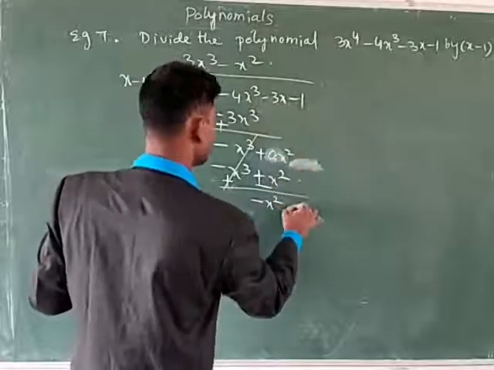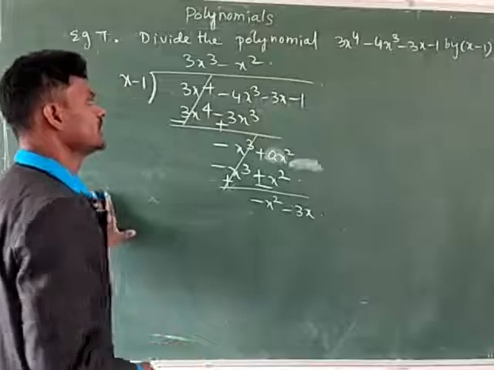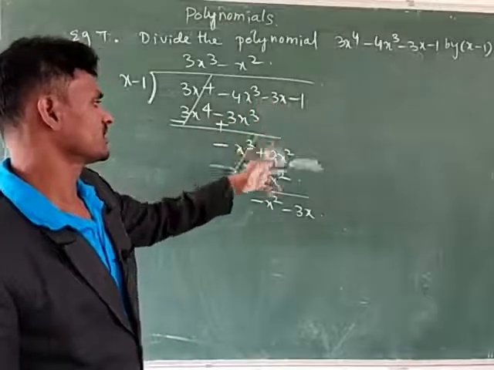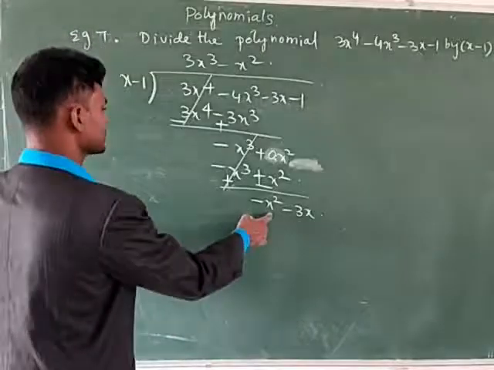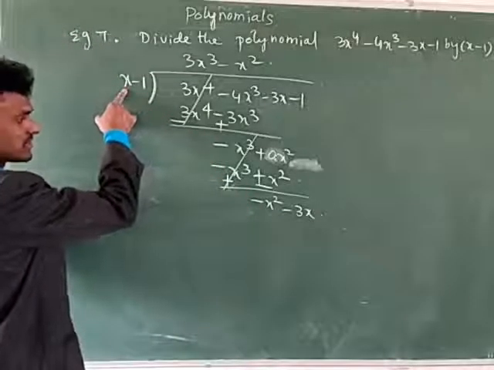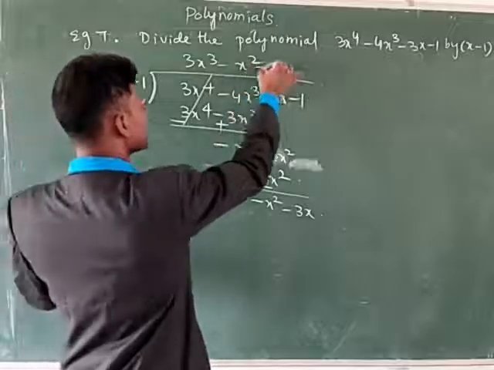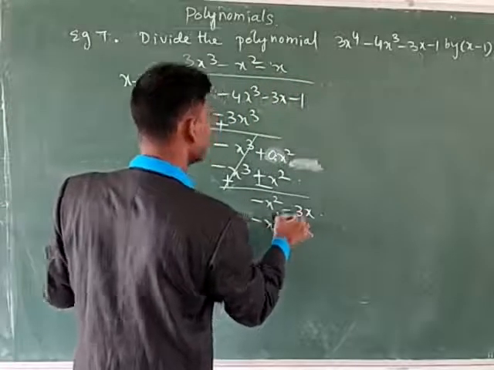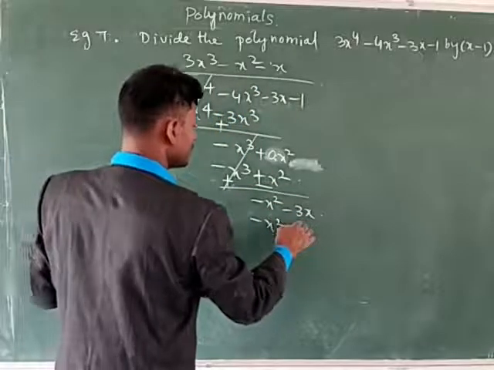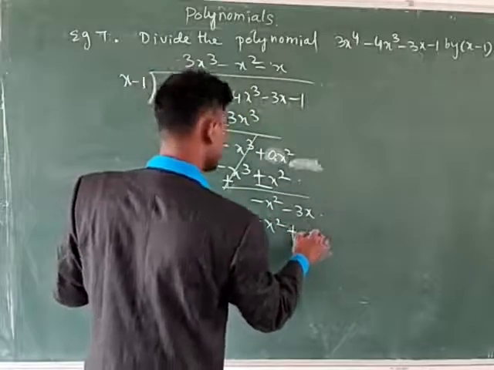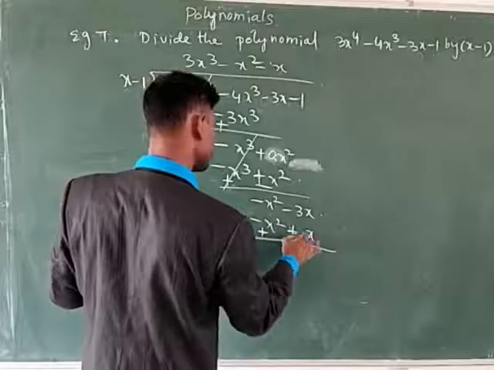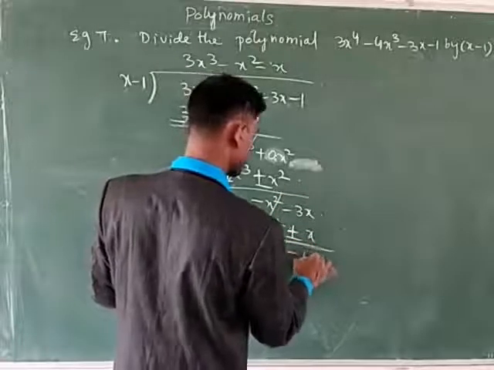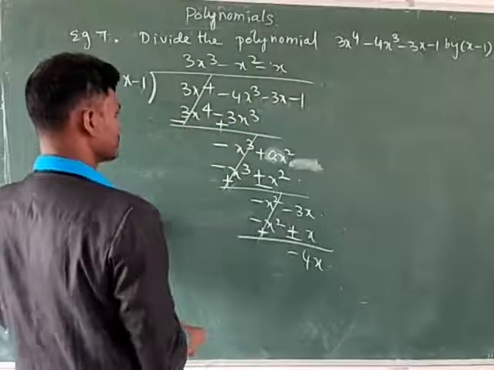Then for this term now you have to take here 3x. Here the x square term is not there, that's why you have to write here 0 into x square, here or here, no problem. Then here x square, here minus plus x, then you have to multiply it by minus x into plus x minus x square, minus into minus plus x into 1 x. Now this is plus, this is minus. Now this plus and minus cancel, 3x, this is minus x, minus 4x, minus 4x.